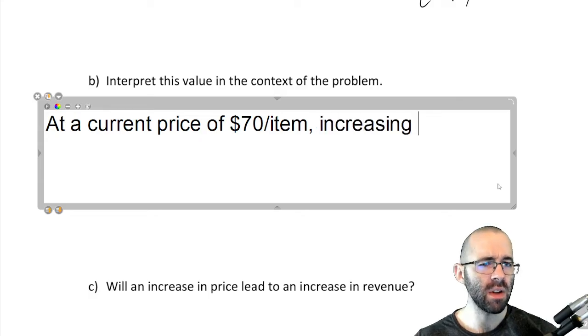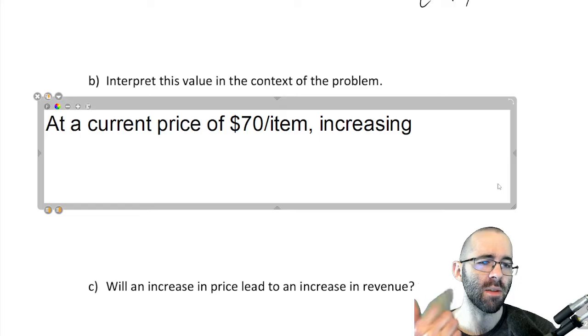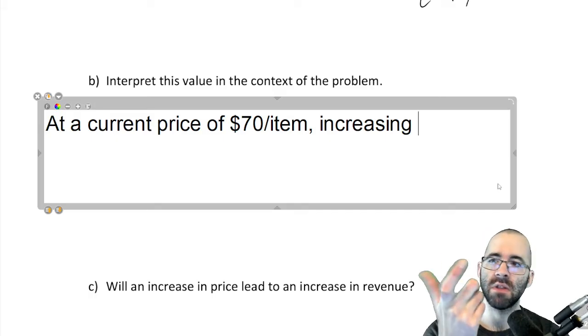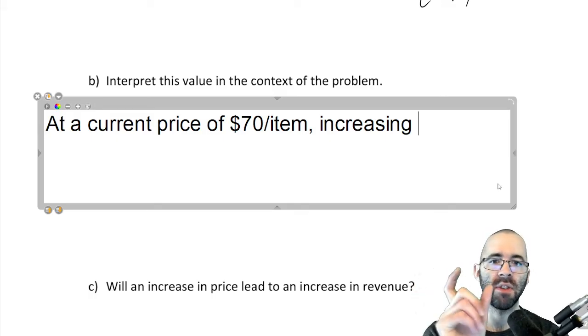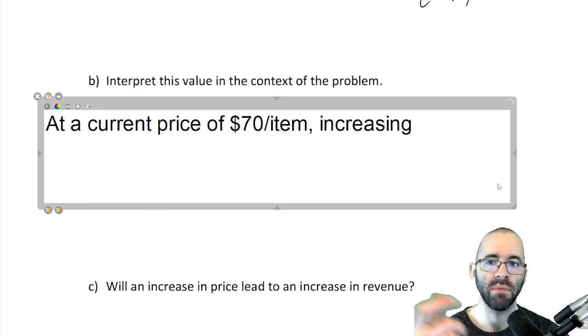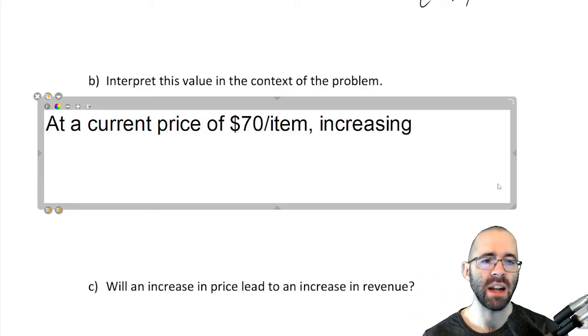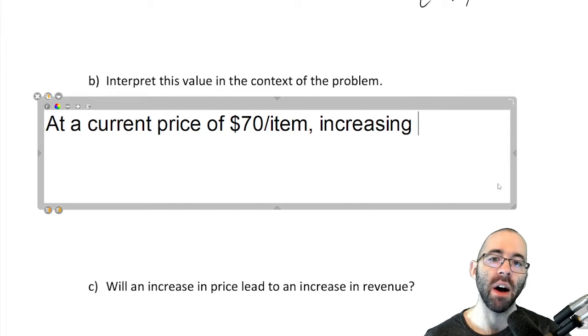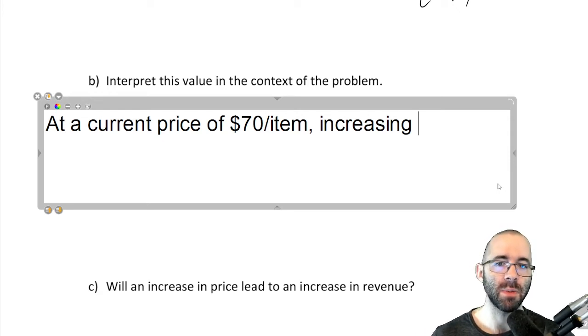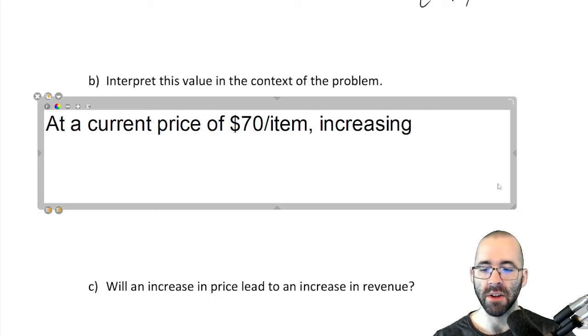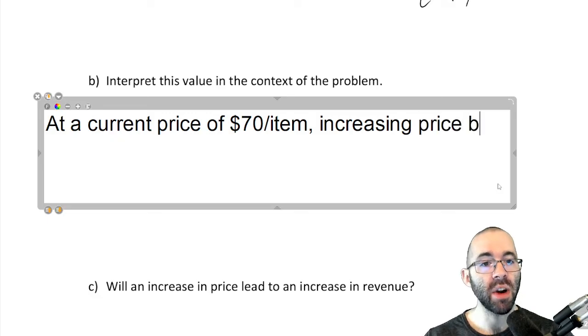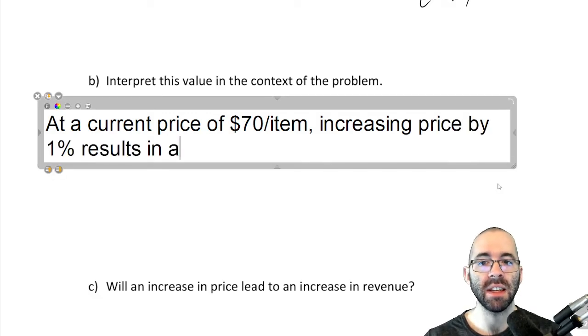increasing price, and usually this quarter we've been focusing on production levels. This section we really do focus on the price. Again, there's no one size fits all. You can do either. It's not really like one's an input, one's an output. It just depends on perspective. They're both fine. But at a current price of $70 per item, increasing price by 1% results in a